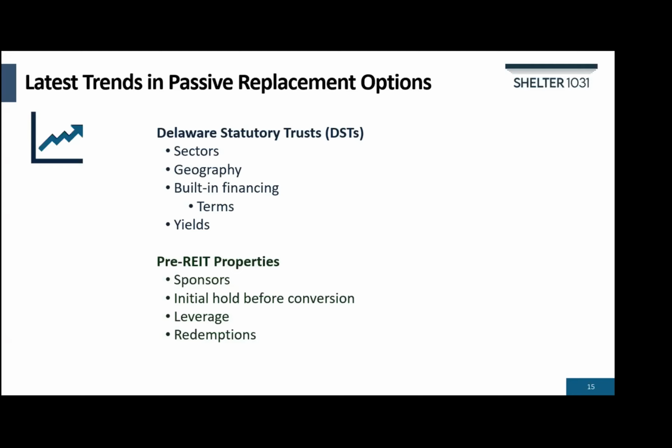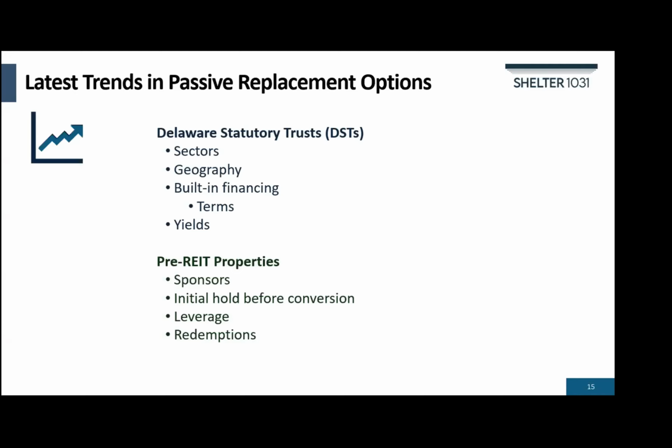Most DSTs come with built-in financing with an average loan-to-value of about 45%. And while the interest rate crept up along with everyone else, the institutions that sponsor DSTs are able to secure terms that are more favorable than what mom and pop landlords can get. From my desk, most of the DST loans I see have 10-year terms, usually with 5 to 10-year interest-only periods, and typically are fixed rate. Most of the DSTs pay between a 4 and 5% yield as a percentage of equity, though some deals pay as high as 6%.